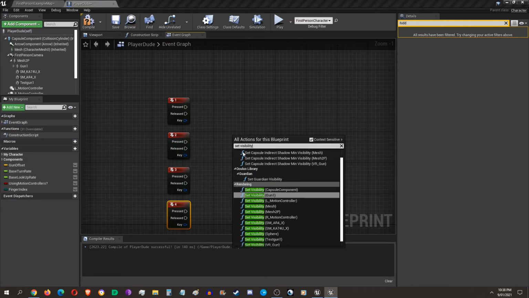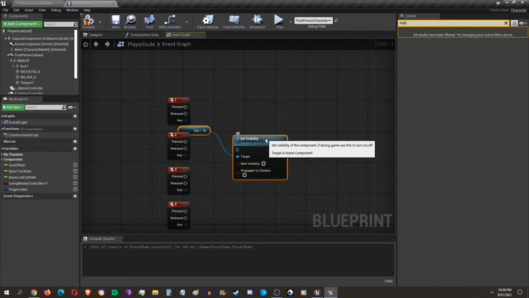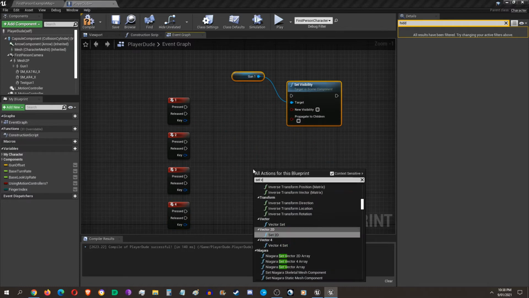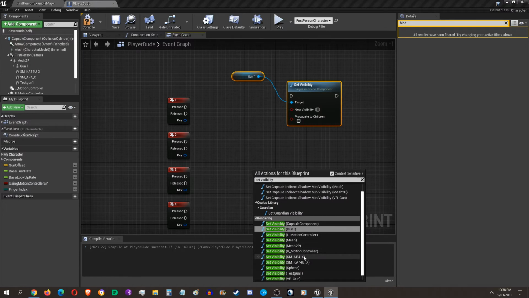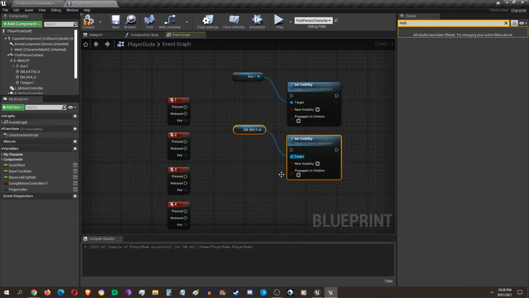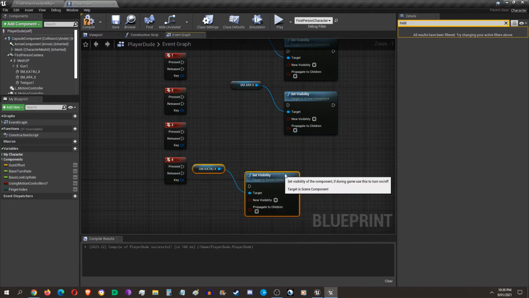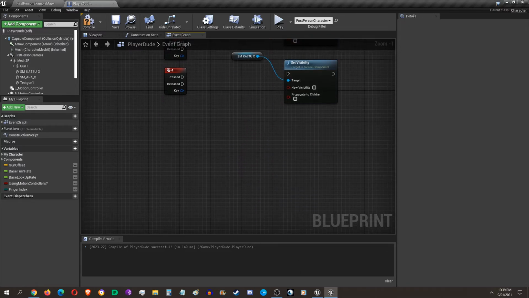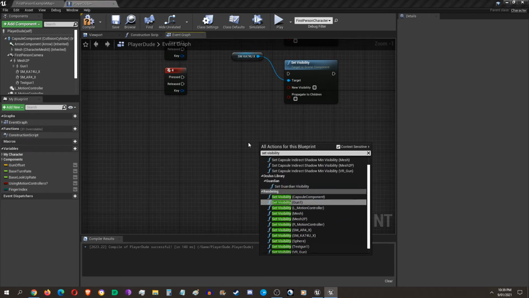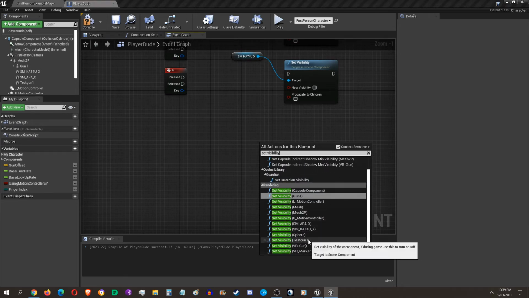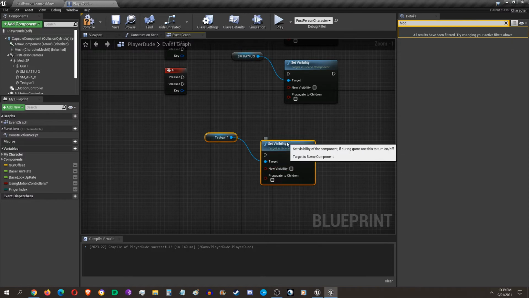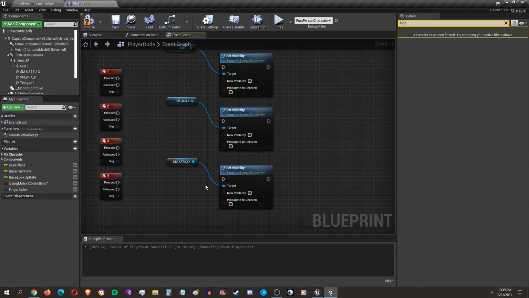So set visibility gun 1, yeah, okay. Set visibility R4. Set visibility 74U, and there's test gun as well. Set visibility, you've got context sensitive on, so that's what it's going to do. Test gun 1. Don't need to do any others. Okay, there we go. So what we do is